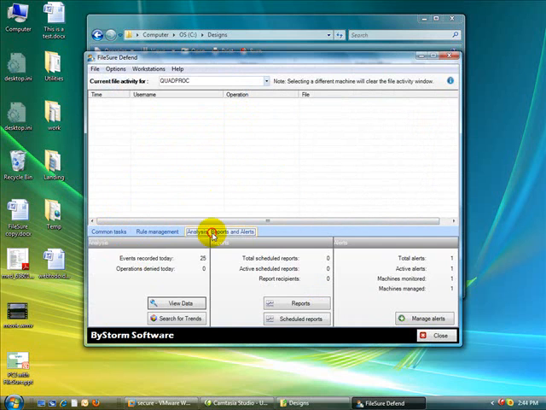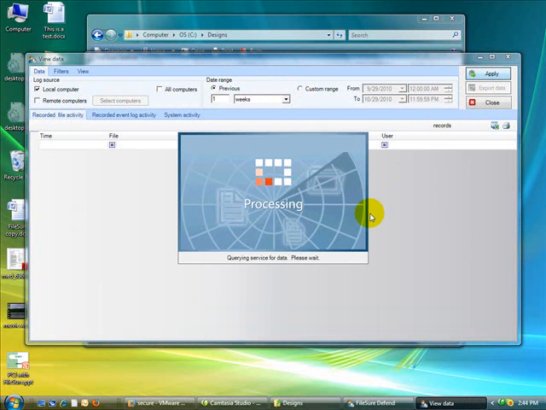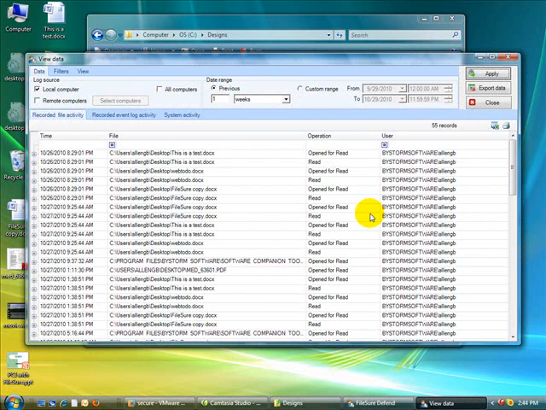So let's come on over here to the Analysis, Reports, and Alerts area, and let's look at our data. First of all, we recorded 25 events today, and let's take a look and see what we have here. So we click the View Data screen, and for this computer, for the previous 1 week, let me see some data. Right now it's asking FileSure, the service that is running all the time, to decompress and decrypt the data store and then pull out the data for us. Now if we come down to the very bottom,